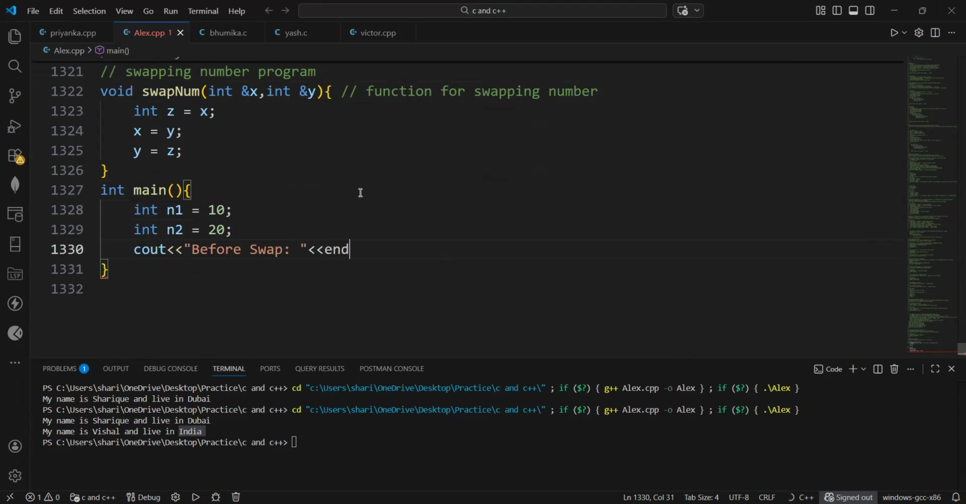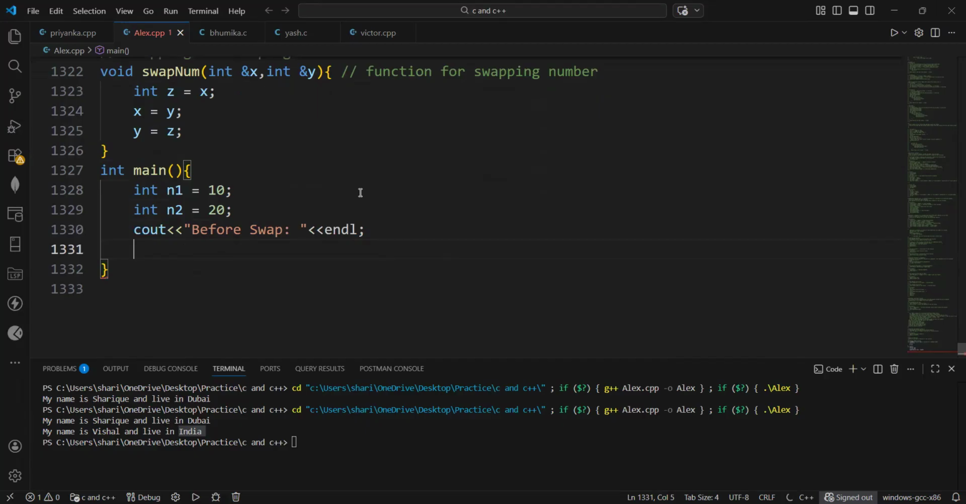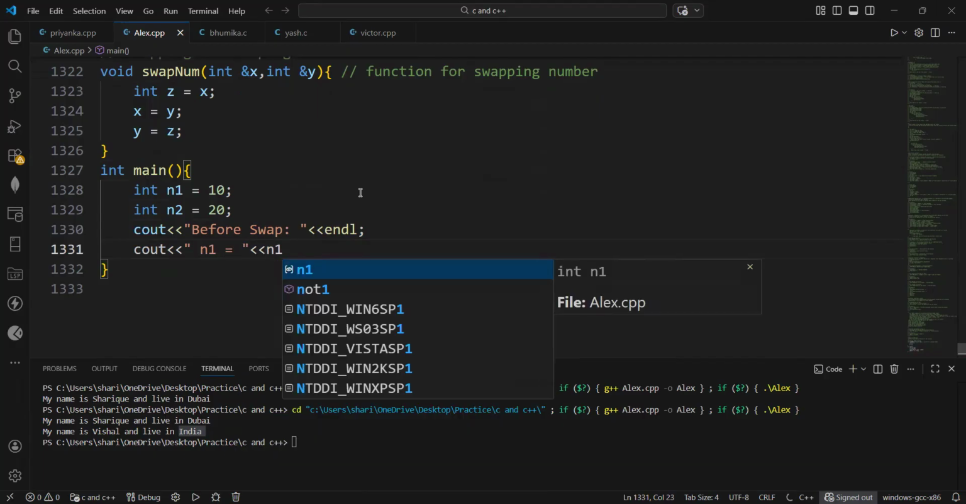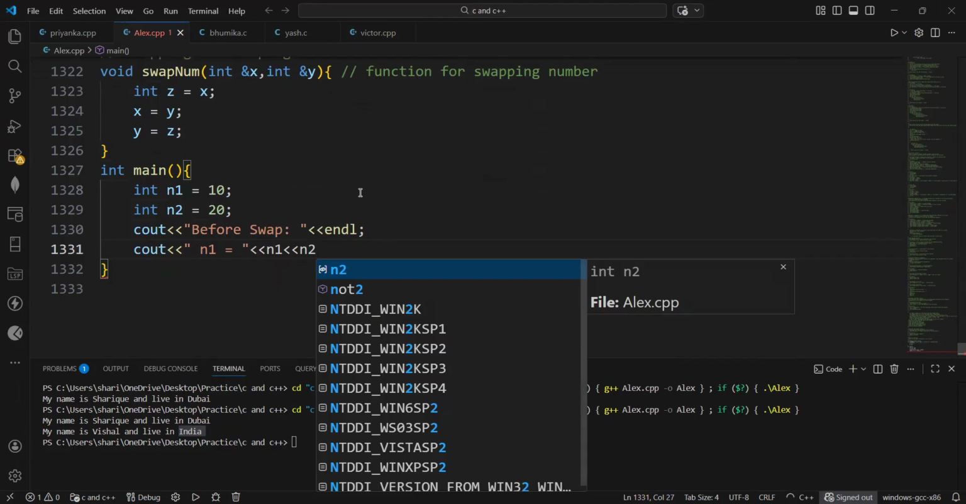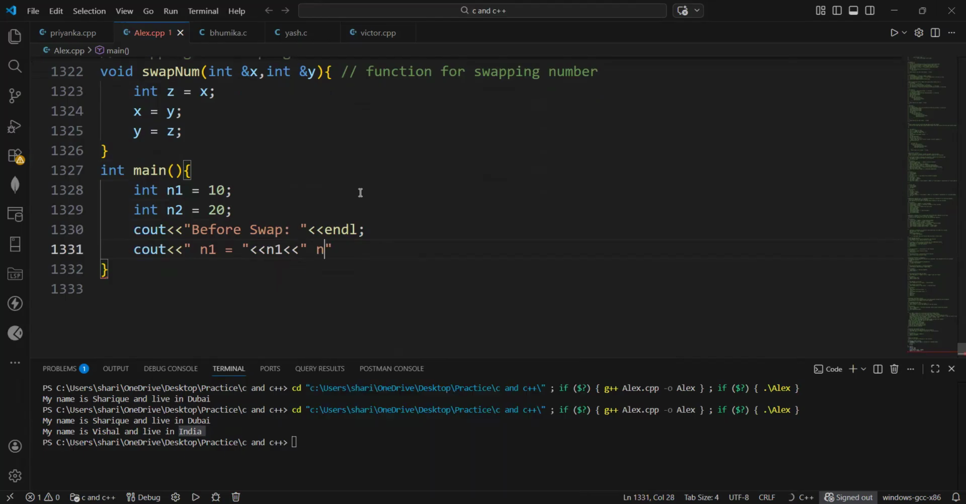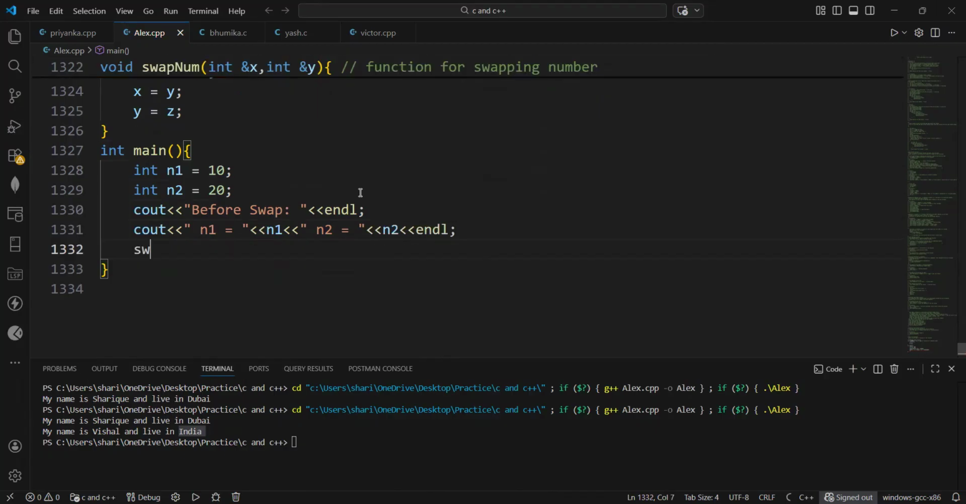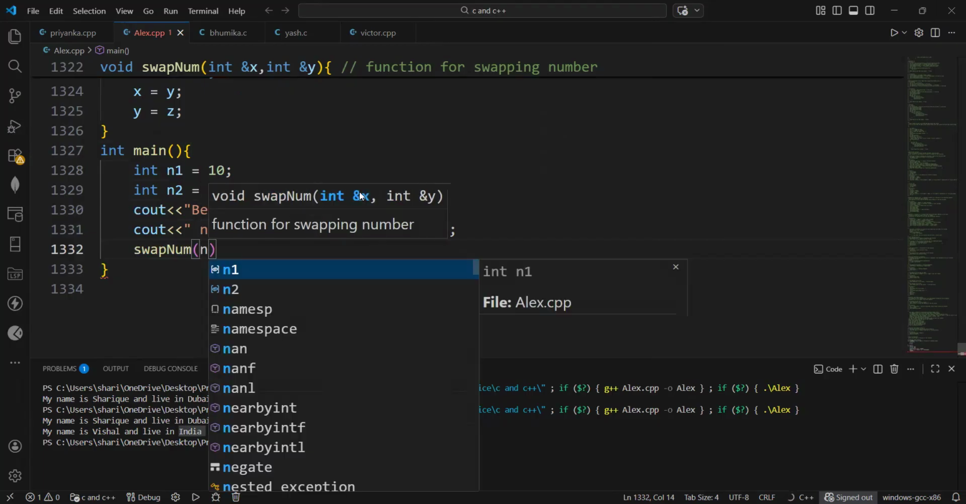Here I just use cout, and then here n1 equal to, n1 value. Okay. And n2 equal to, here the n2 value. Right. And then here endl. And when we call the swap number function, then here I just put n1 comma